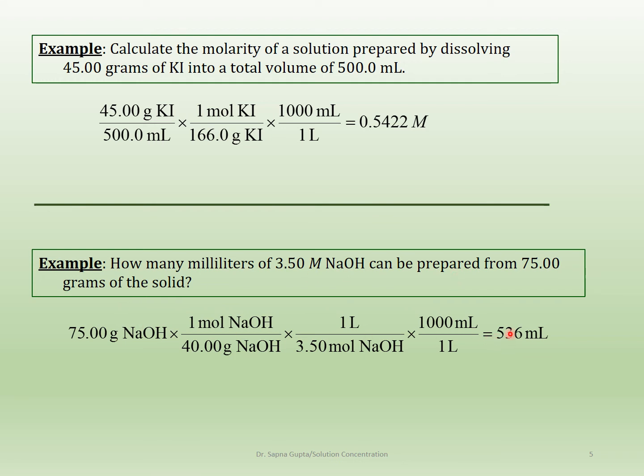So here is another type of problem. How many milliliters of 3.5 molar solution can be prepared from 75 grams of the solid? So now you are trying to find the volume. We've tried to find the mass from molarity. We found the molarity. And now we're actually trying to go for volume. So we're doing all sorts of calculations over here. So the molarity is given to us in this problem, which is 3.5, and we have the mass given to us. Remember we are going to the grams of solution. So you start from the grams of solution,